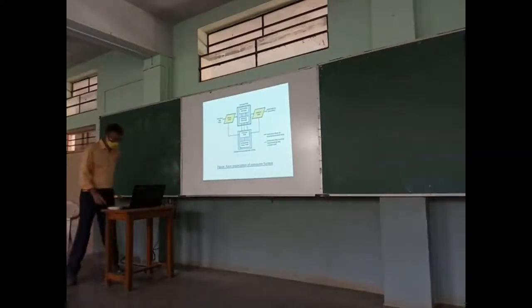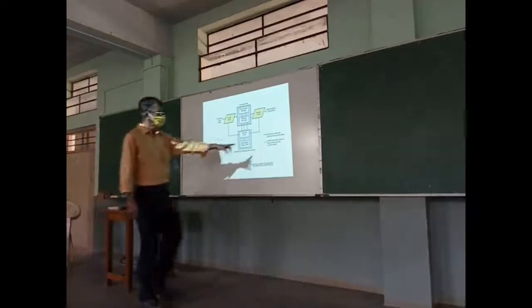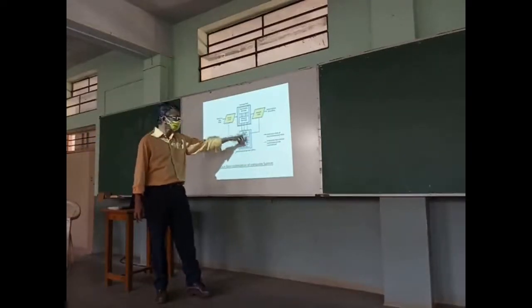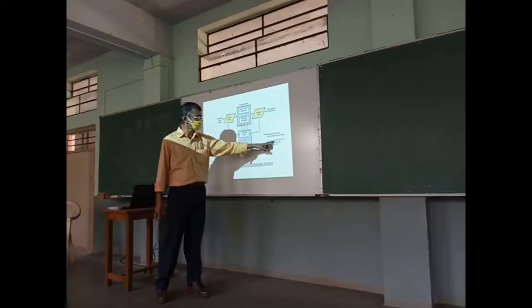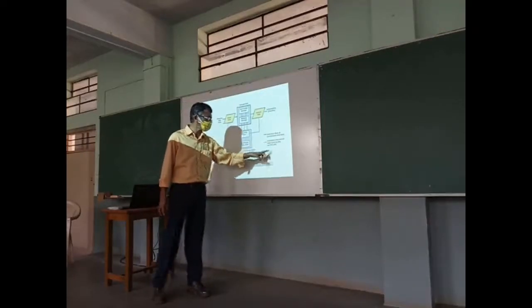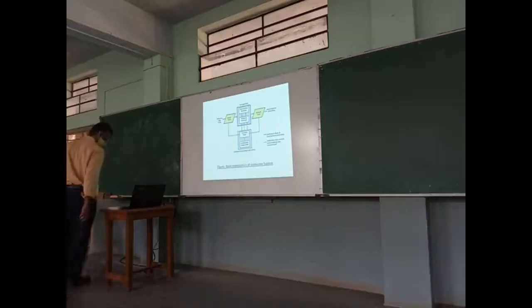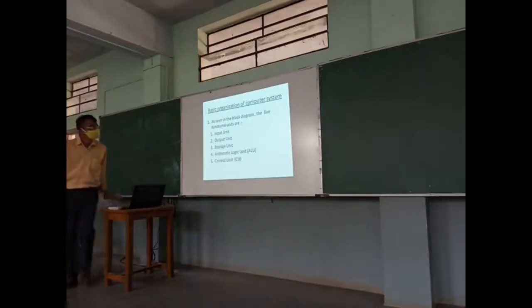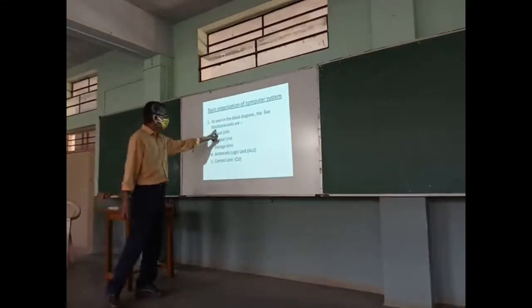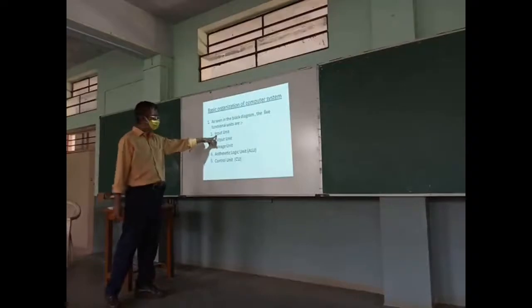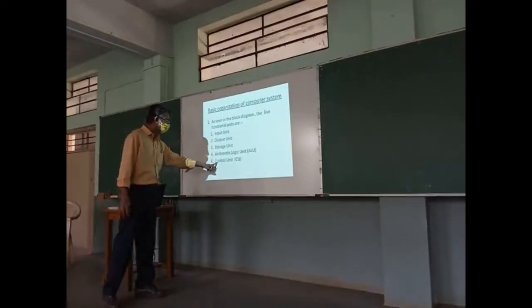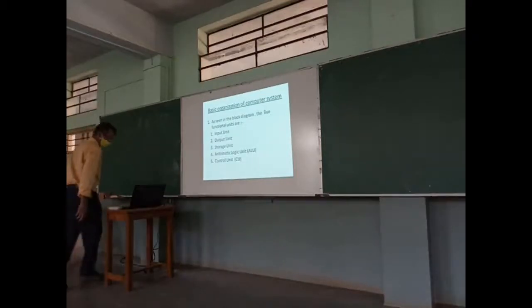I will have to draw this. See, it is very clearly written here. It indicates flow of instruction and data. Those are the thick lines, and dotted lines indicate the control exercised by the control unit. Now, as seen in the block diagram, the five functional units are input unit, output unit, storage unit, arithmetic logic unit, and control unit.